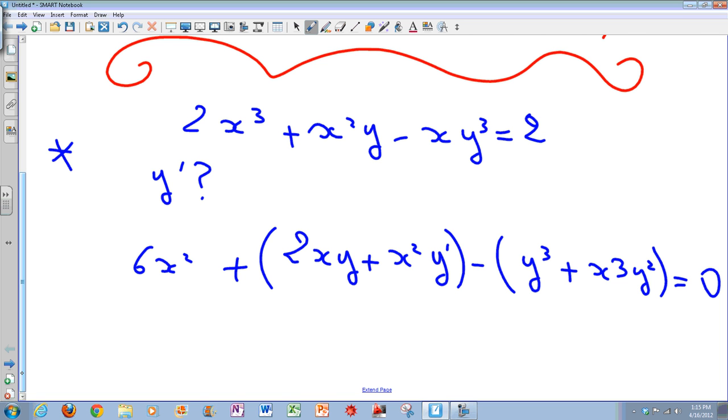So now, what was the question? Find the y prime. So I will group the y prime together. Right? So where I have the y prime? Here. That's it. No. Here something's missing. Times y prime. Why? Because